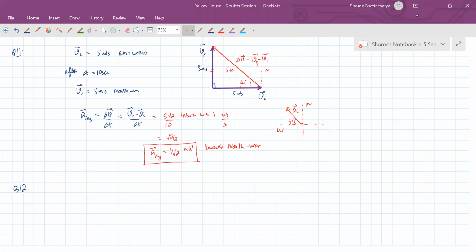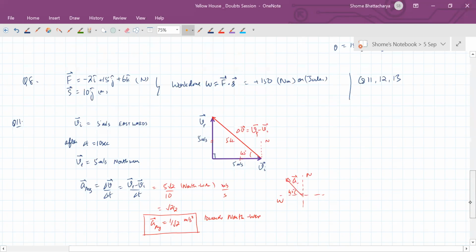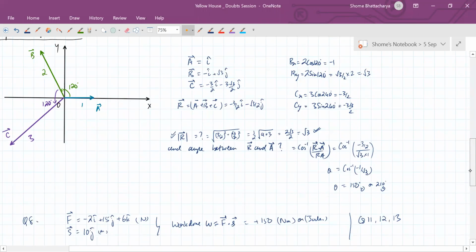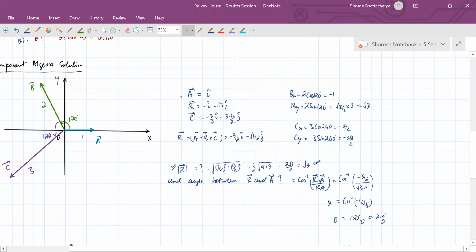Okay, I see a couple of you have doubts in the previous question. Let me just go back here. See, the steps up to the components are clear here. These things are all clear, I hope. So you got this vector, this. Now you're adding these, no? So the x component is 1 minus 1 minus 3 by 2. So that's how it's becoming minus 3 by 2.